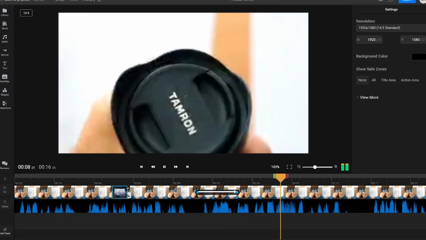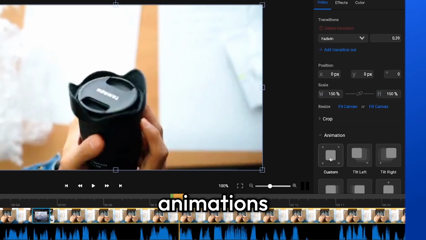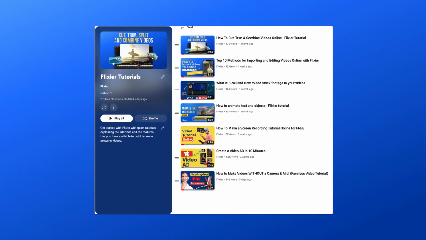Another thing you can do to make your videos a little more appealing is to add zoom in, zoom out and panning effects, which you can do easily by using the animations here on the right side. I won't go into too much detail here, but you can find a playlist in the video description with several very detailed tutorials that will show you all you need to know about using transitions, effects, and other cool features